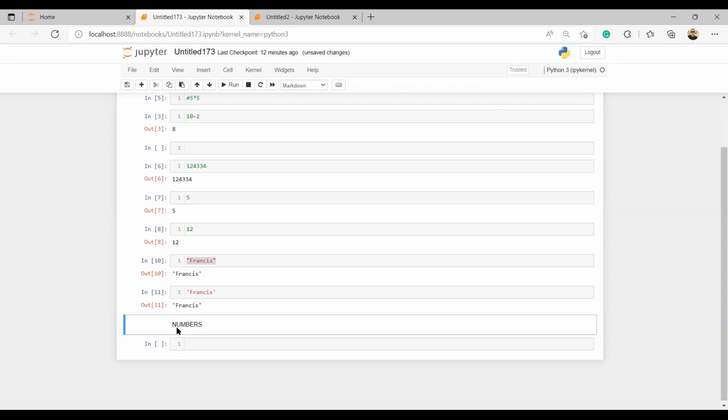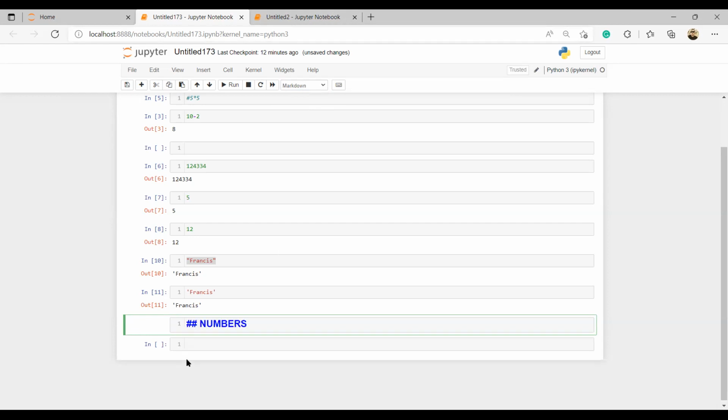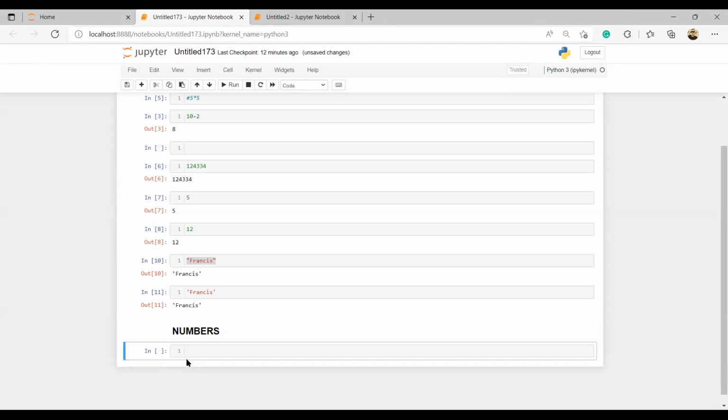Right, now say that, so change to Markdown. You just come here, switch from code to Markdown. But when you are typing the number, put a double hashtag. If I put a normal hashtag, it's a comment. If I put a double hashtag and a space there, it makes it larger and bold. So these numbers.